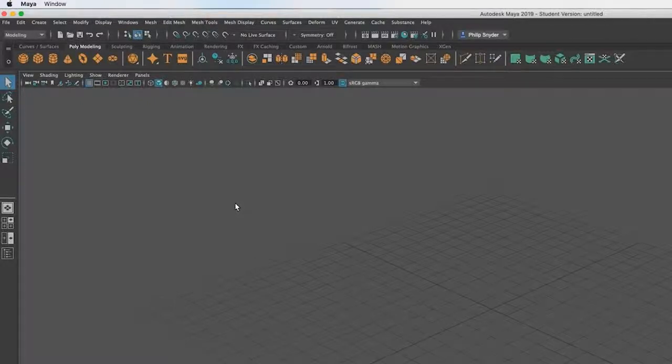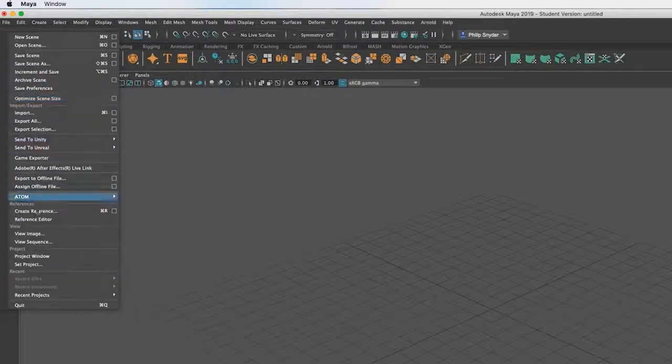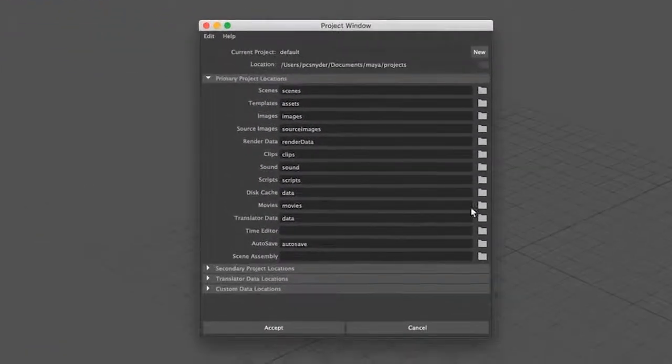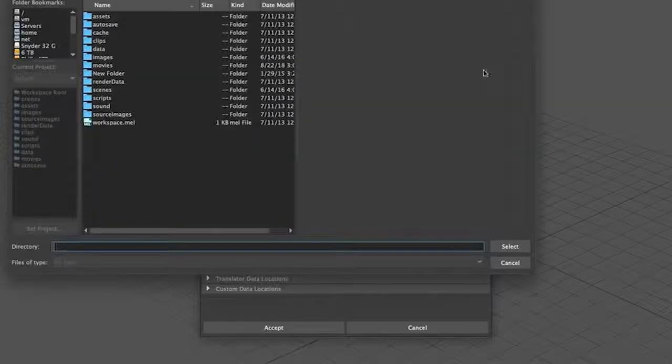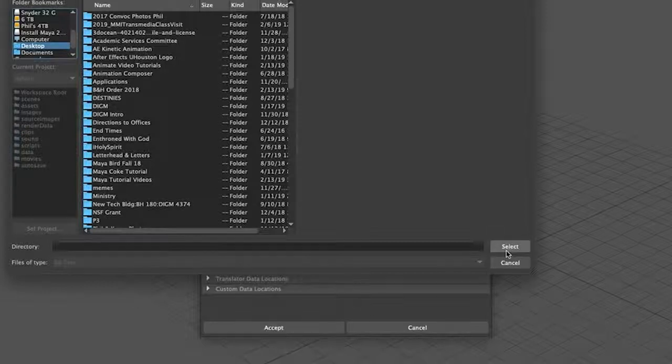Now, as a matter of best practice, I like to create a project window right away. So you go to File, Project Window, and then you'll get this dialog box here. So rather than go to the default, I like to set it to a new place, a place of my choice, usually on my desktop, and then I can save it elsewhere later on. So let's call this Flying Bird, and we'll set the pathway to my desktop and select that